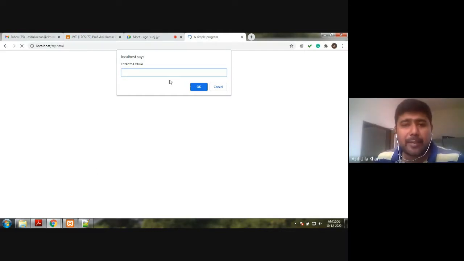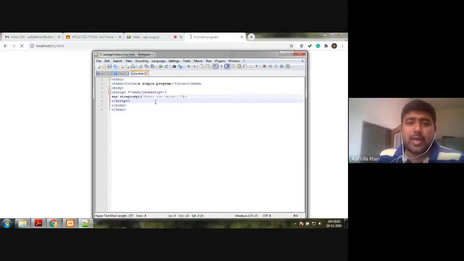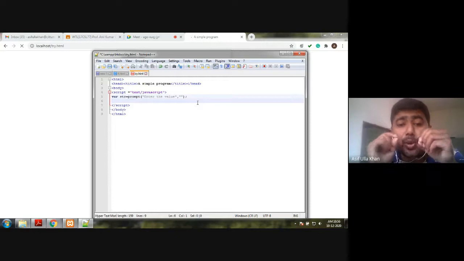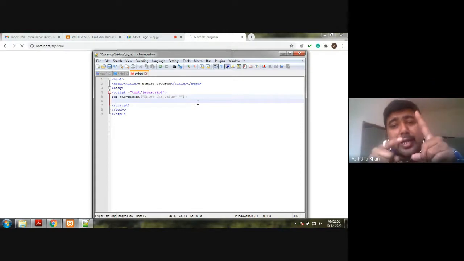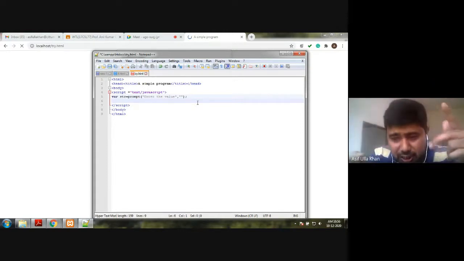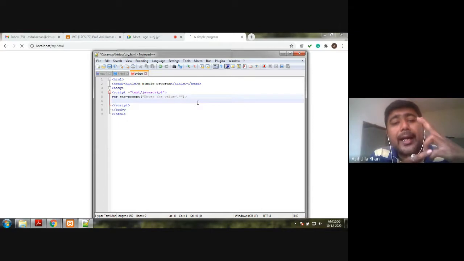So now I'm displaying the prompt box. That's good. My part of the program is ready. Now I am ready to take the input, but still I have not written the logic. The first and foremost logic is I need to check whether the given input is a number or a string, because there are two things I need to do here. I need to enter a number and reverse it. I need to enter a string and check whether there is a vowel in the string. If there is a vowel, what is the position of the leftmost vowel?